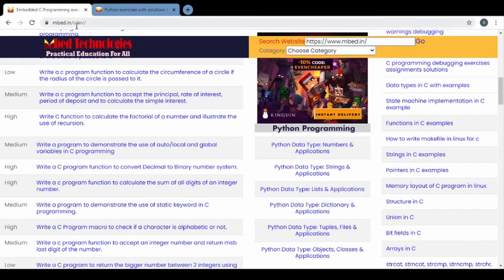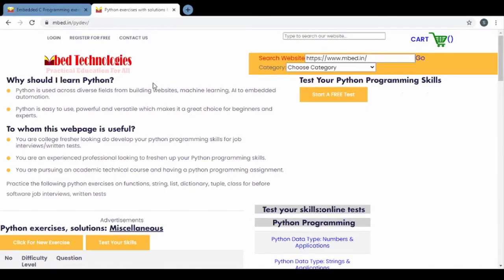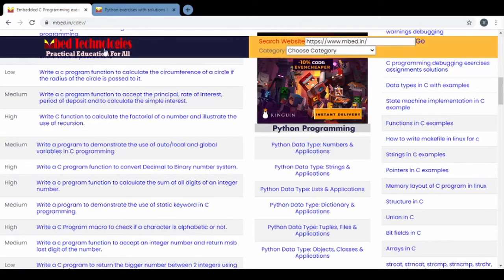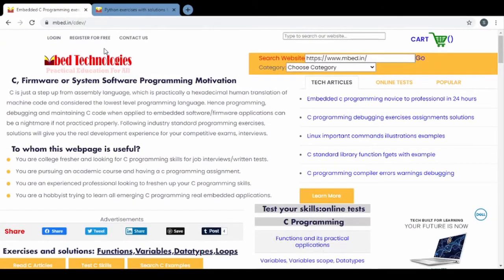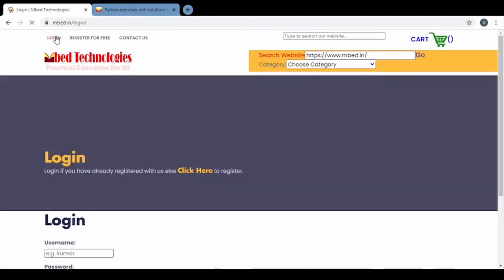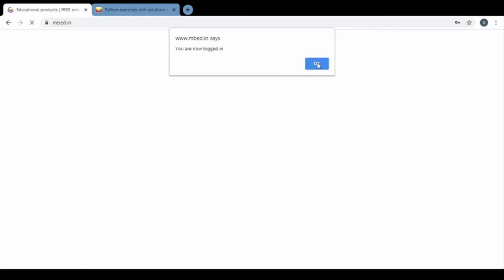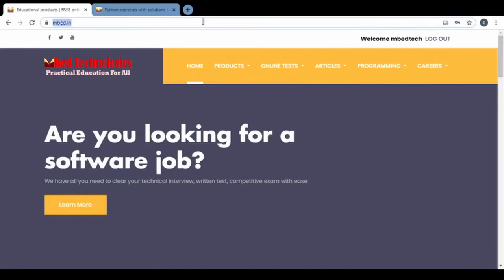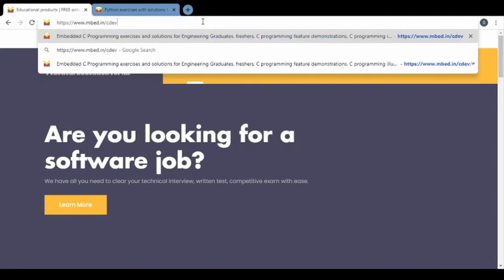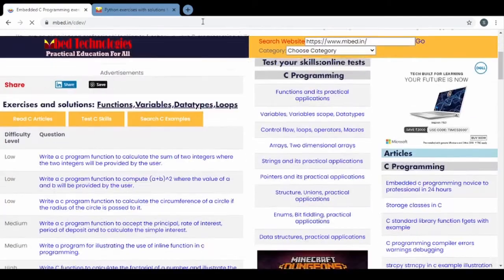So this is the page for C programming and this is the page for Python programming. Let me log in to show you the video explanations for each of the exercises. So I'm logging in. You can create a registered user ID if you don't have login credentials. So now I am logged in. Then I will go to the same page now, and when I click on a particular exercise,